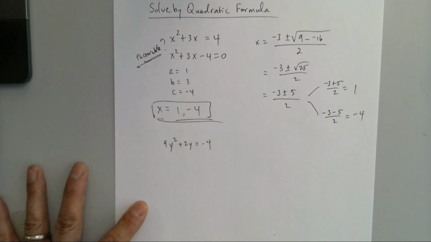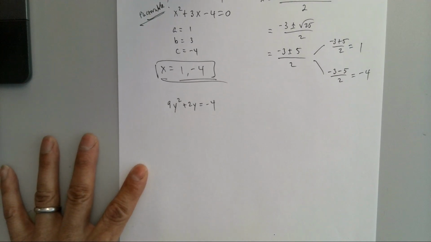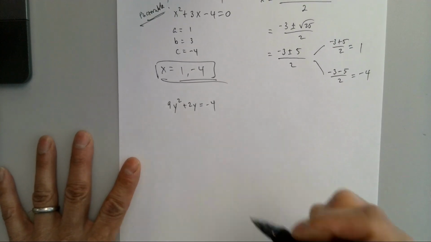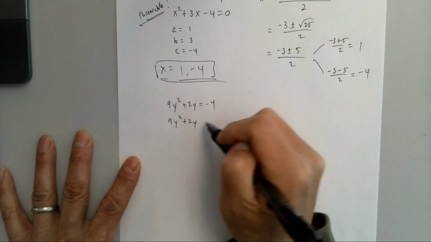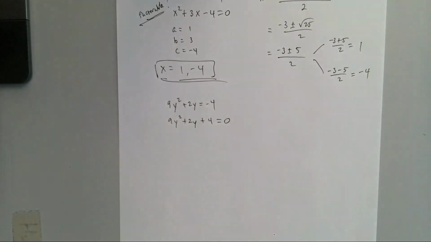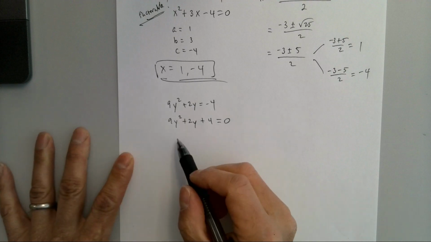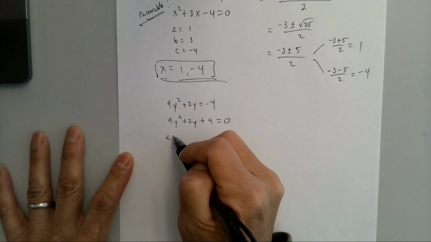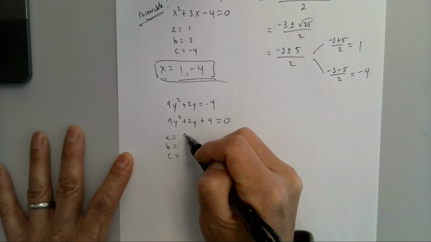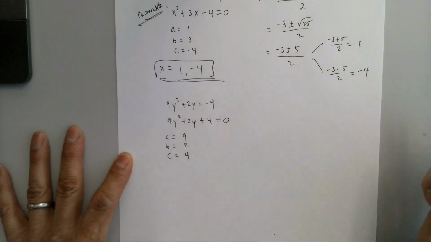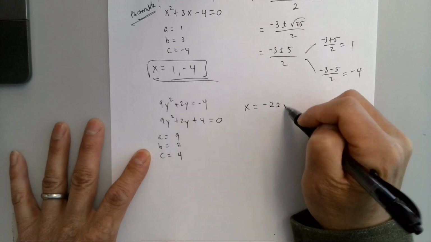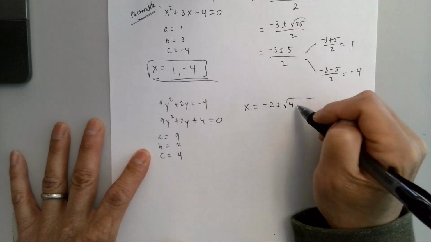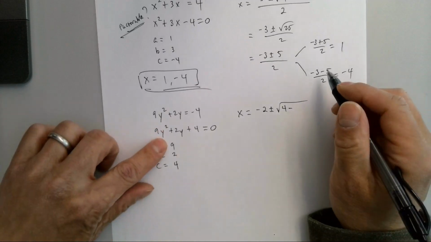Okay, here's one. 9y squared plus 2y equals -4. Again, the right side isn't 0, so I'm going to make it 0. And now I'm going to identify A, B, and C. 9, 2, and 4. So x equals -b plus or minus the square root of b squared minus 4ac, which is 4 times 9